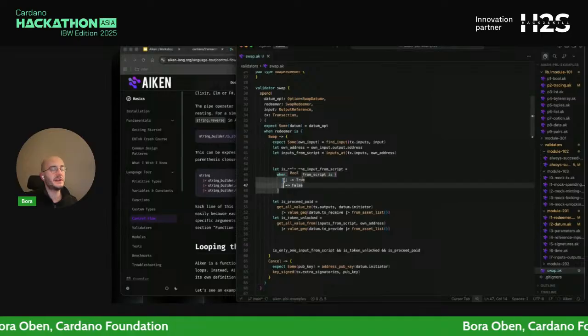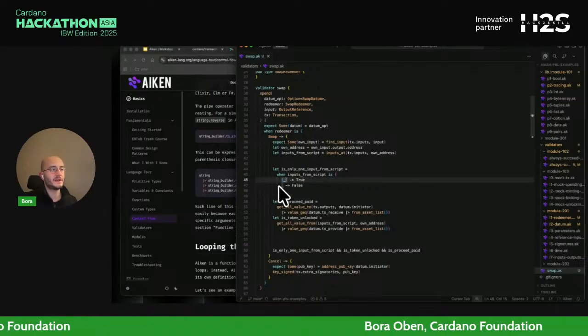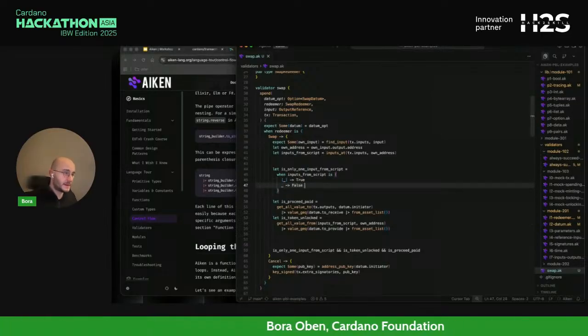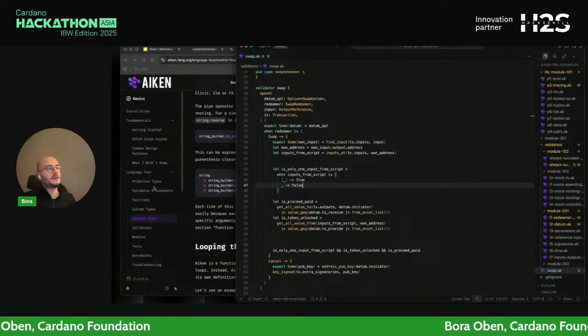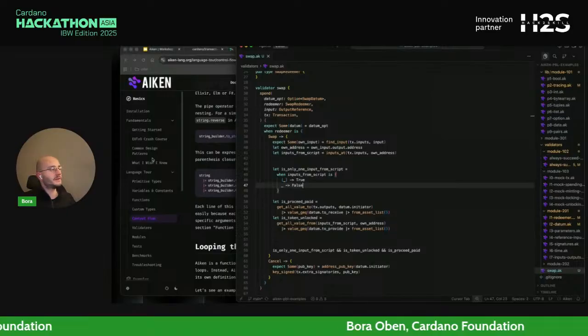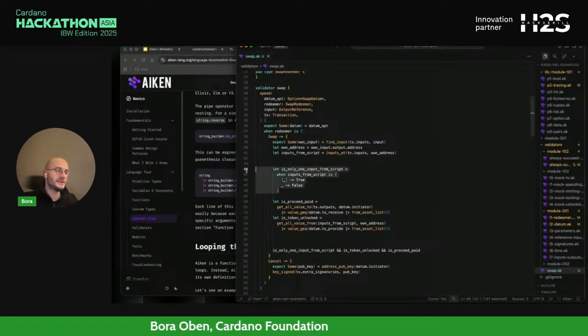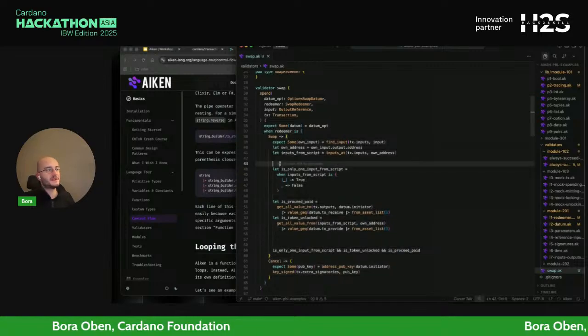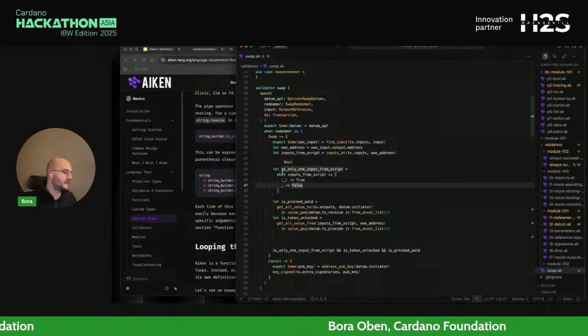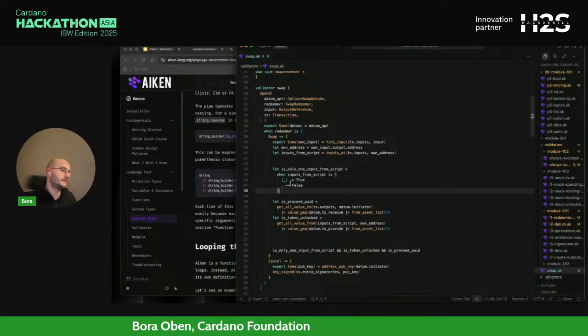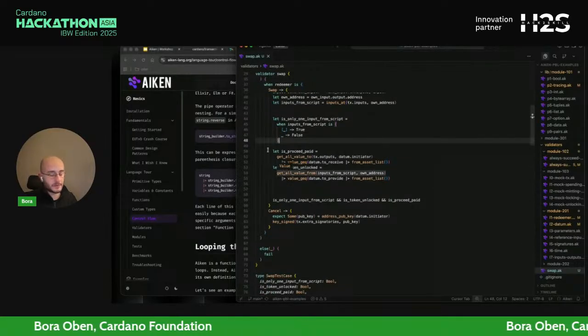The reason why there is this underscore is because we don't really care about which input it is, right? We are just taking a look at if there's only one input from the script. Because if you don't do this check, this might be a bit more advanced at this point, but still, it might make your smart contract vulnerable to double satisfaction, which could be a topic for another day.